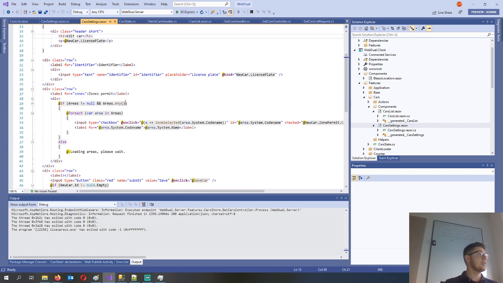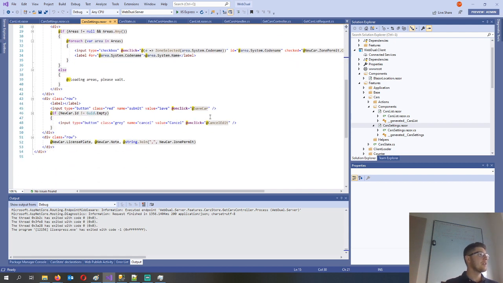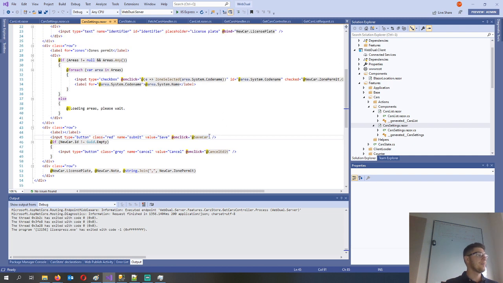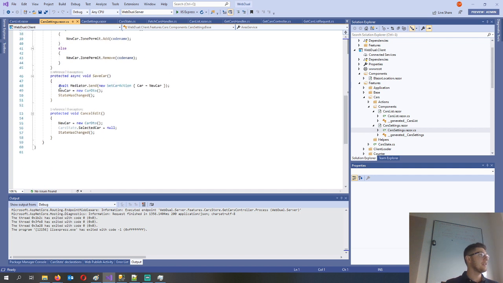But that's not the important part here. The important part is that whenever you click the save button, it calls a save car method. So there is no form anything, there is just a save car on click button. And that method, what it does is it actually again sends a new action called setCarAction and provides the data